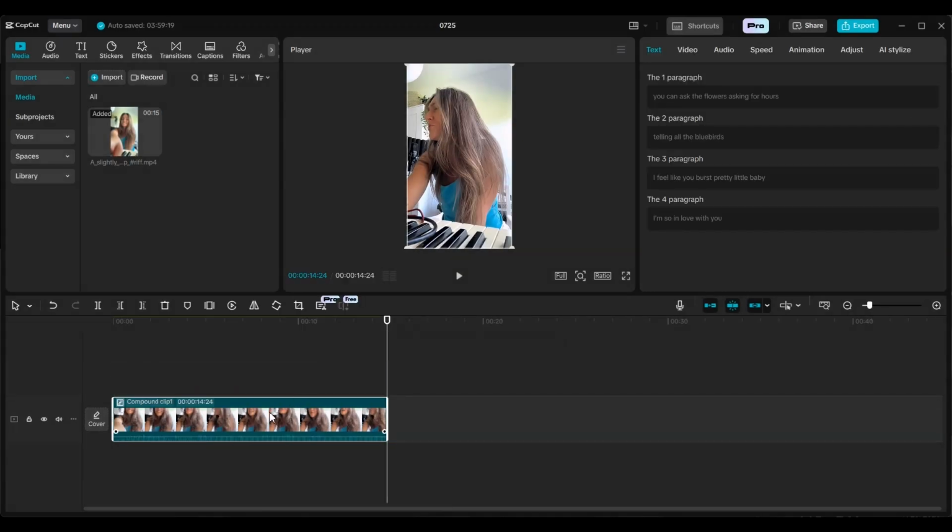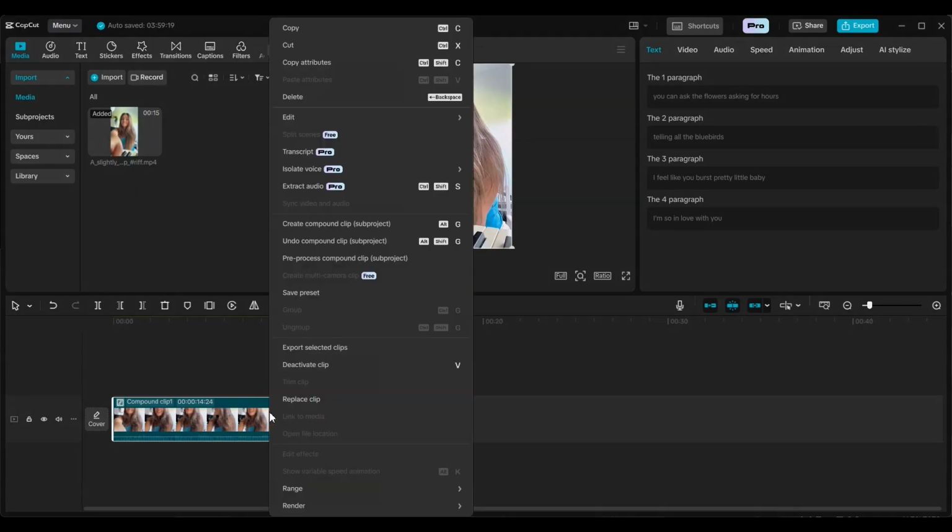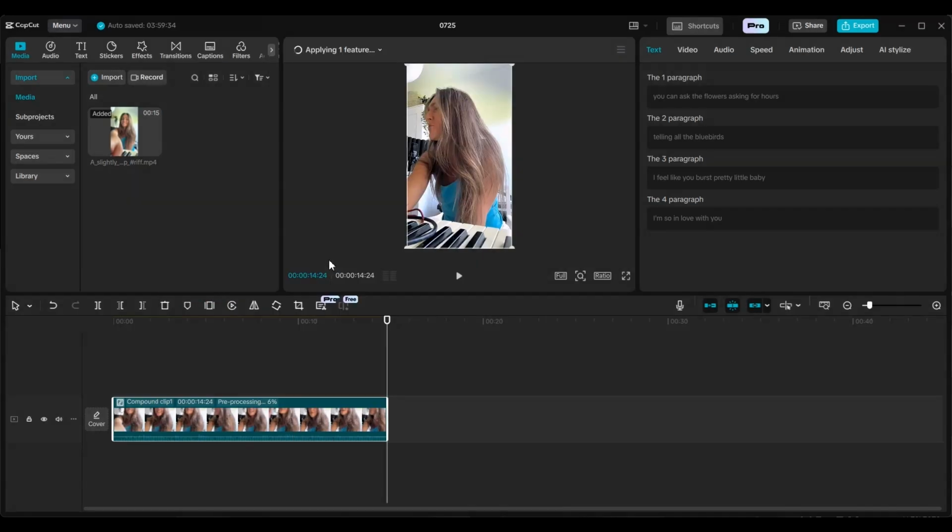So after creating that, you right click again, then you come to this place, preprocess compound clip. As you can see, it's counting here, so you will wait until everything loads to 200. Once that is done, you can come to